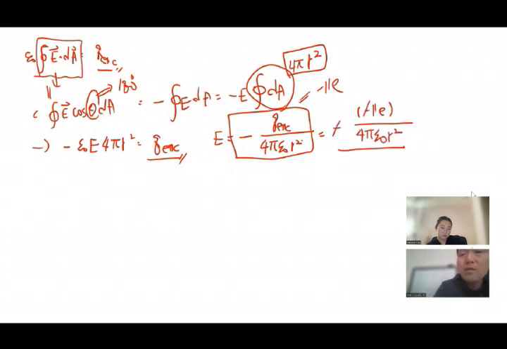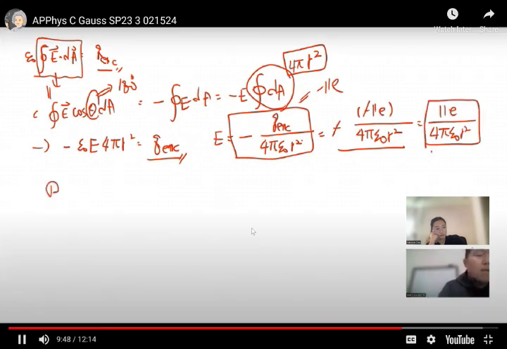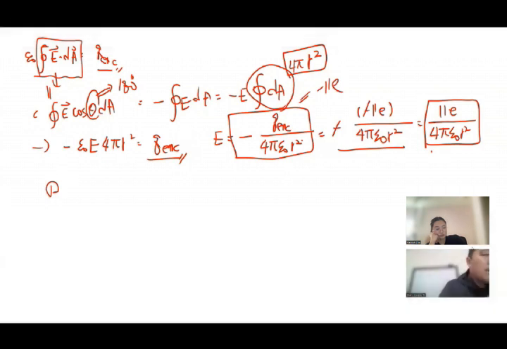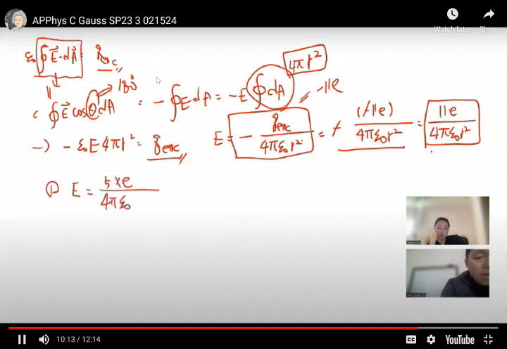The minus signs cancel each other. That leaves 11e over 4 pi epsilon naught r squared. So number one, if you stay inside the shell that contains the point charge, within the radius of the Gaussian sphere, that electric field is 5e over 4 pi epsilon naught r squared,